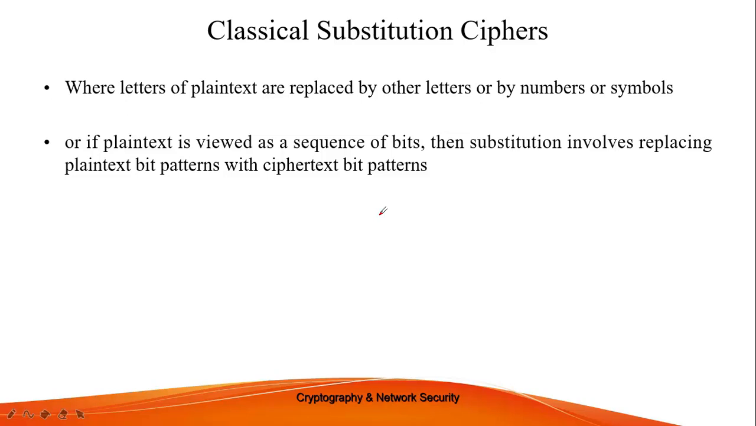In cryptography we also discussed the types of ciphers: one is the substitution cipher, the second is the transposition cipher, and the third is the product cipher. These are the different encryption methods. From these, we are discussing the substitution method, and the ciphers that make use of substitution methods are called substitution ciphers, or classical substitution ciphers. In classical substitution ciphers, letters of the plain text are replaced by other letters